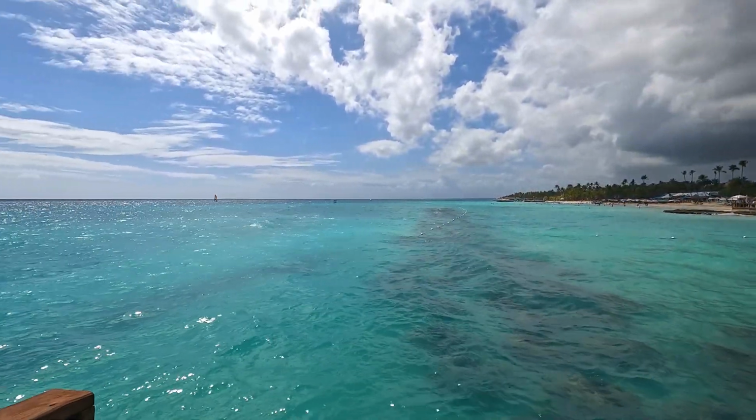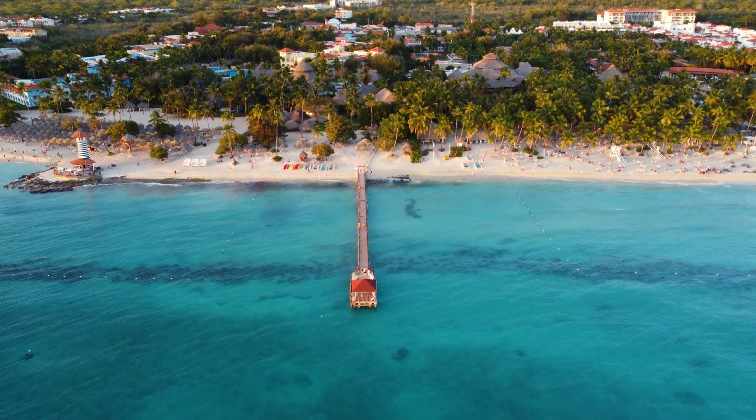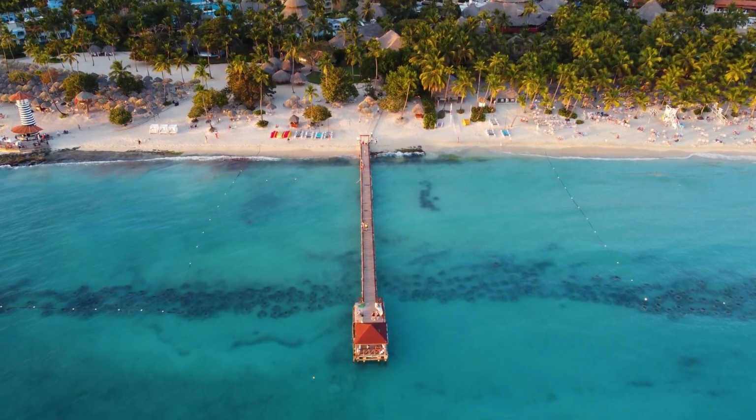Let's launch the drone and let me talk you through some shots. So Dominicus basically consists of three parts. We've got this famous pier somewhat in the middle,